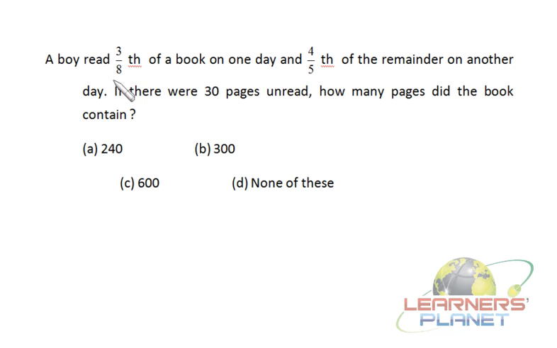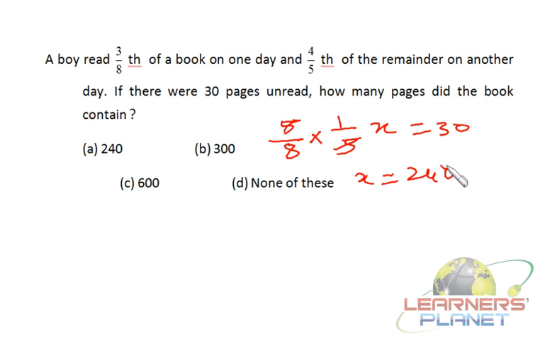Okay, if the boy is reading 3 by 8 of the book on the first day, that means he's left with 5 by 8. Then the next day he is reading 4/5 of this 5 by 8, and then he is left with 1 by 5th. This is actually 30. So suppose the total pages are x, then this is 30. So x must be 240. Okay friends,